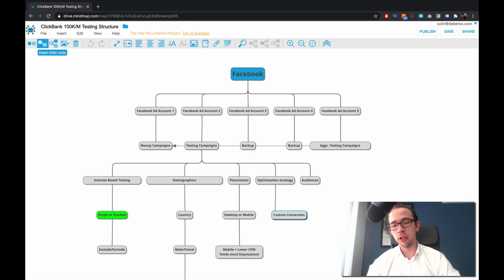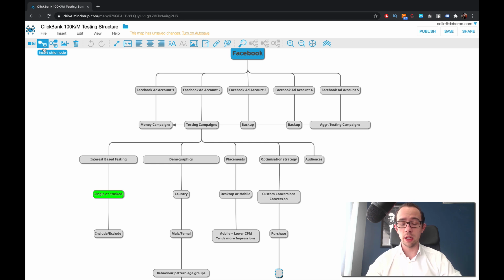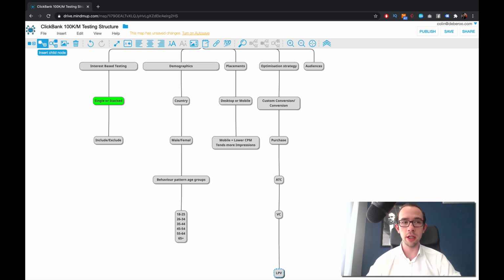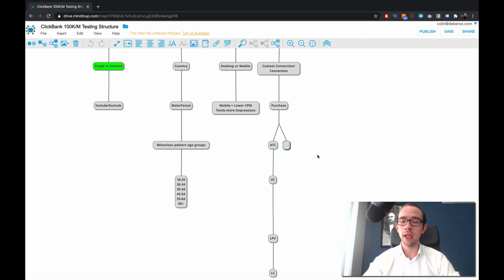With the optimization strategy, we focus on either custom conversions or conversions, right? We prefer to run the purchase audience, add to cart, view content. If that's all not possible, we can do landing page views or even link clicks, right? Here is the biggest opportunity, of course, but what is important is that in general, you have people who say